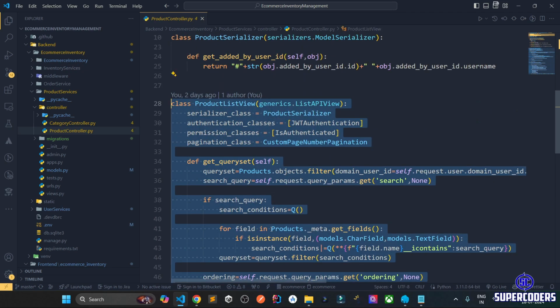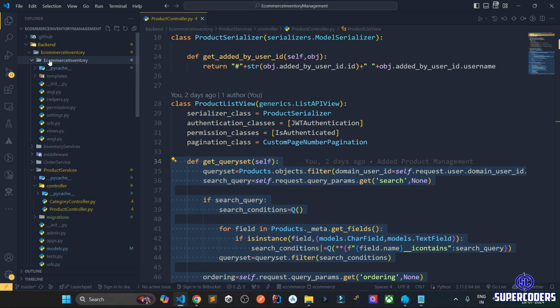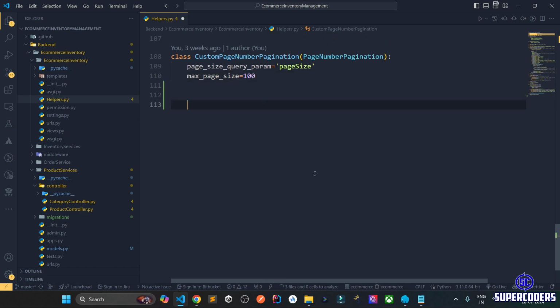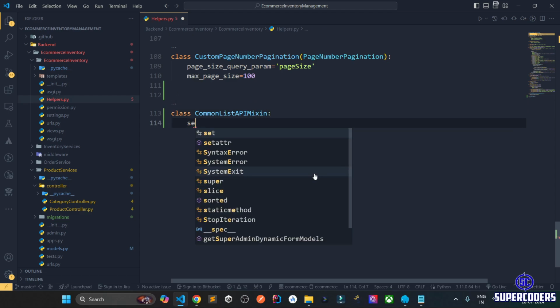Just copy this code. So copy it and coming to my e-commerce inventory, coming to helpers, and here in the helper method, I'm gonna create my own decorator. So what I can do first, just create a class CommonListAPIMixin, and here first adding serializer